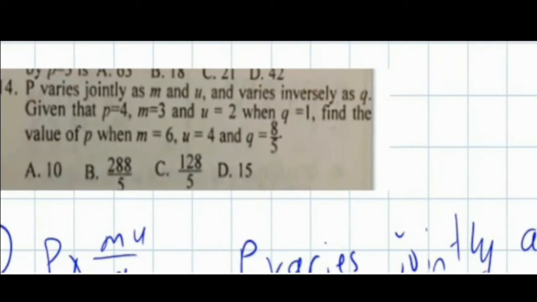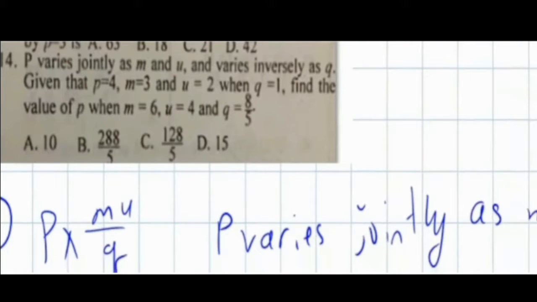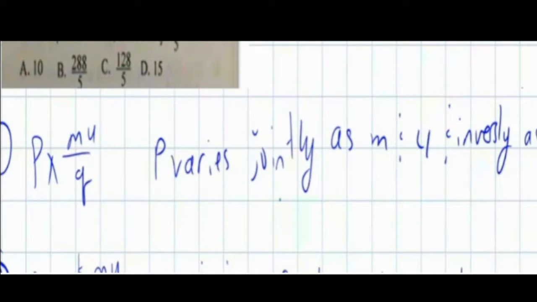Question 1 says, P varies jointly as M and U, and varies inversely as Q. Then it says, given that P is equal to 4, M is equal to 3, and U is equal to 2 when Q is equal to 1, find the value of P when M is equal to 6, U is equal to 4, and Q is equal